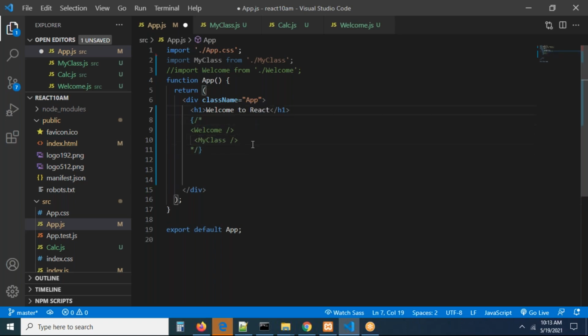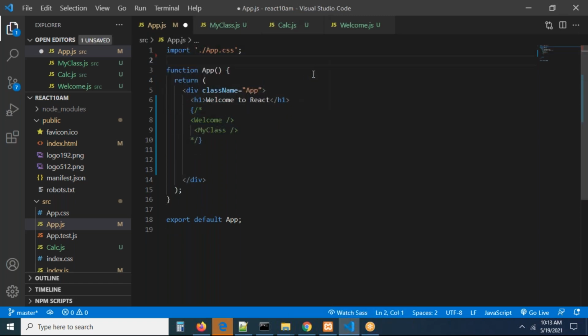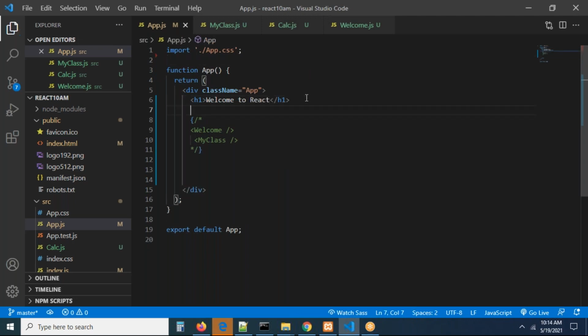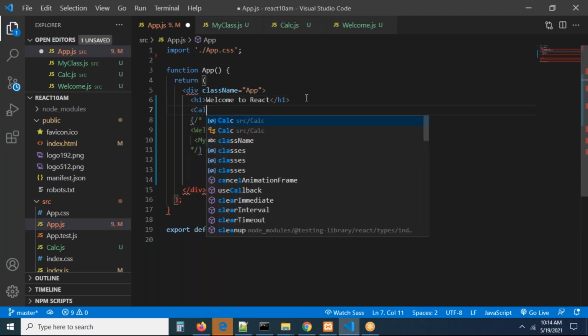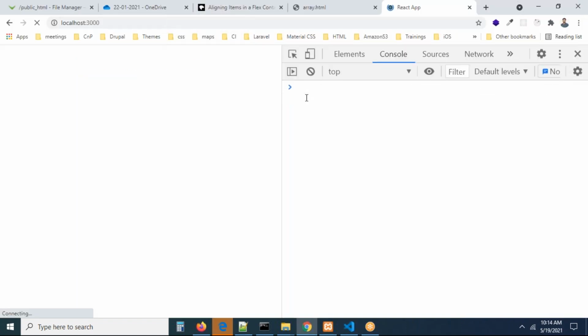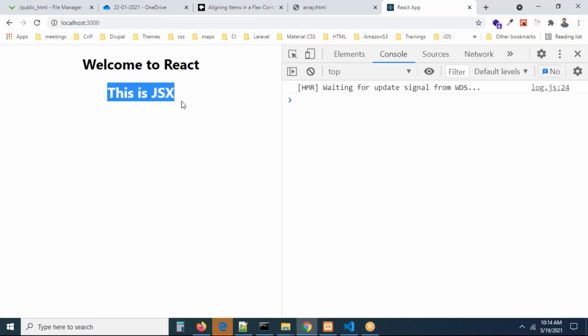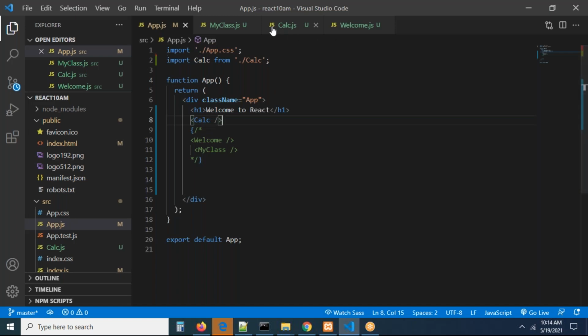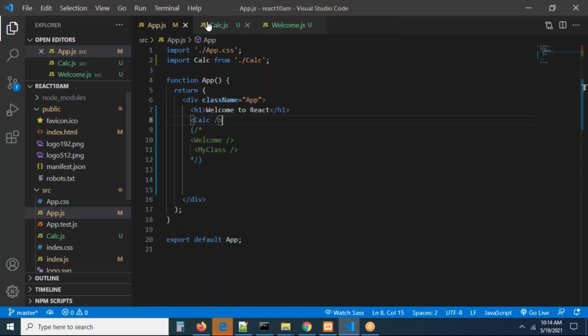Now, just now you created one component. What is the component you created? When you are not using a component, the import statement should be hidden, or you can remove it. Remember carefully, I'm removing it. Now the component you created, what is the component I created? calc. This is the component I created. Now you can go and refresh it. Now you are going to get, this is JSX. This is what I wrote there now, right? Exactly, in the calc if you open it, this is the concept you wrote there.